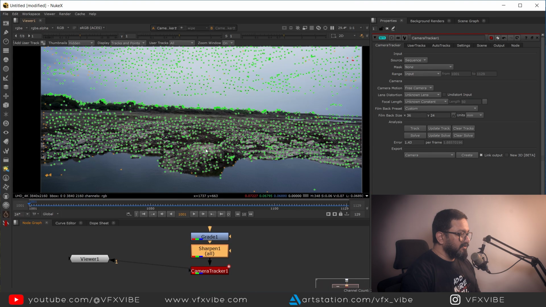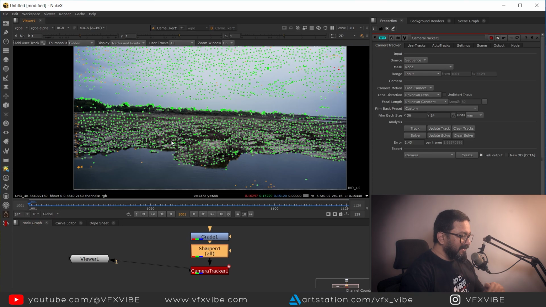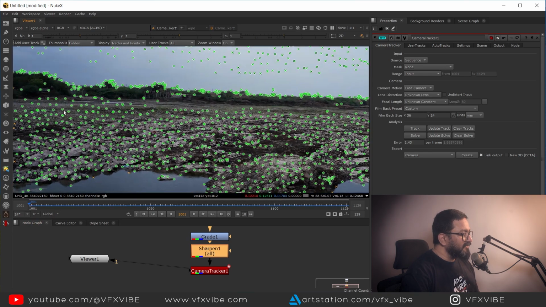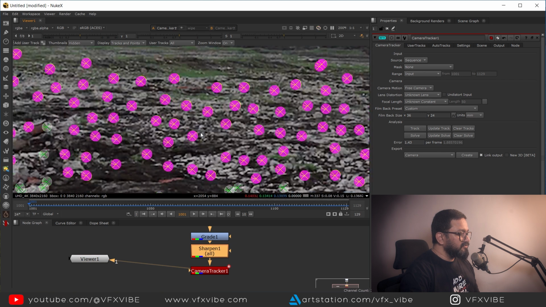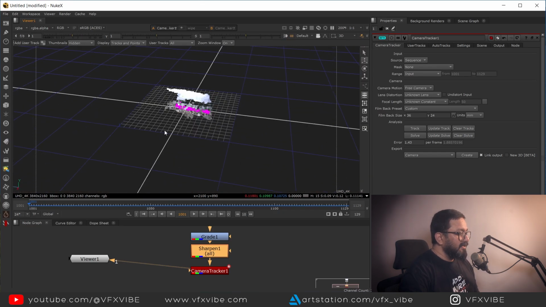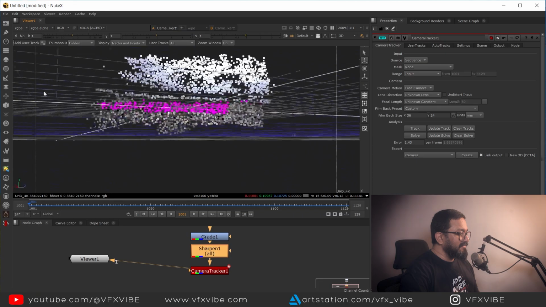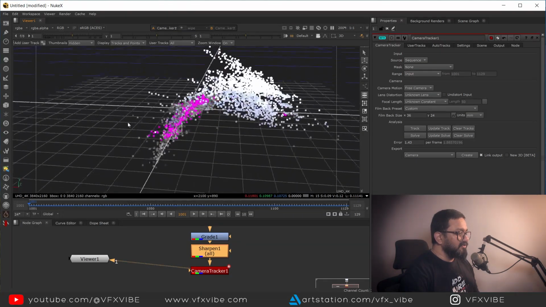Now I'm having a good result, although my ground is not that plain. But what I will do, I will select a few points on the ground, like this. This is not recommended, but just to show you, I'm going to right click and set ground plane to selected, and also I'll select one point over here, right click, and set origin. If I hit tab, you will be able to see I'm having these points on the ground,